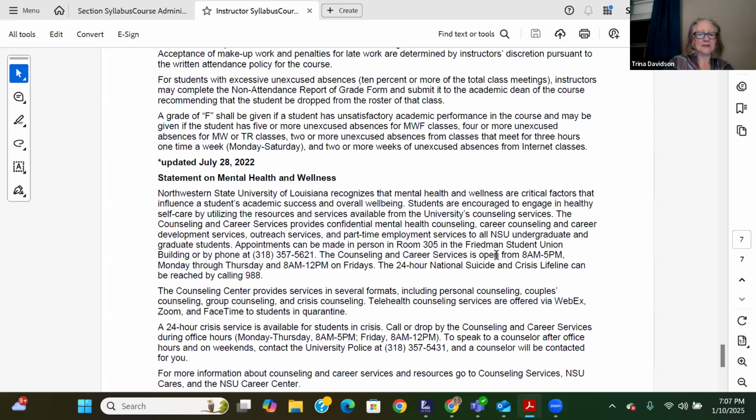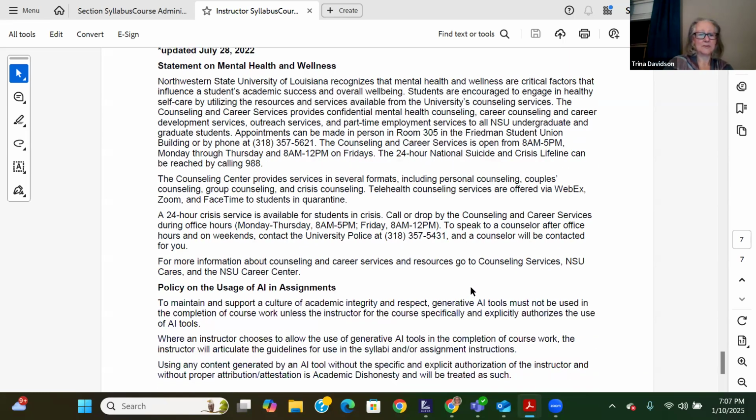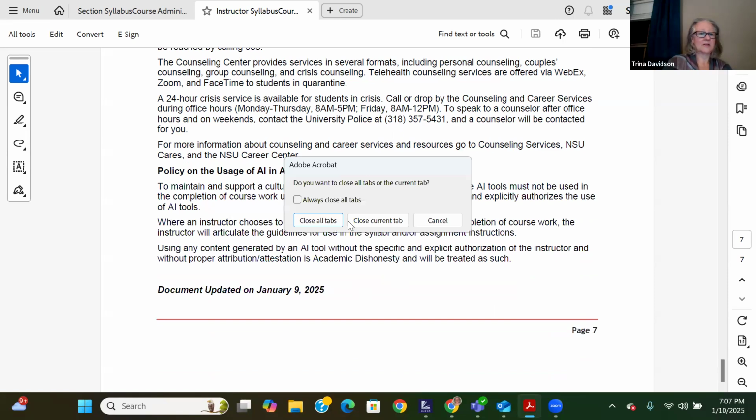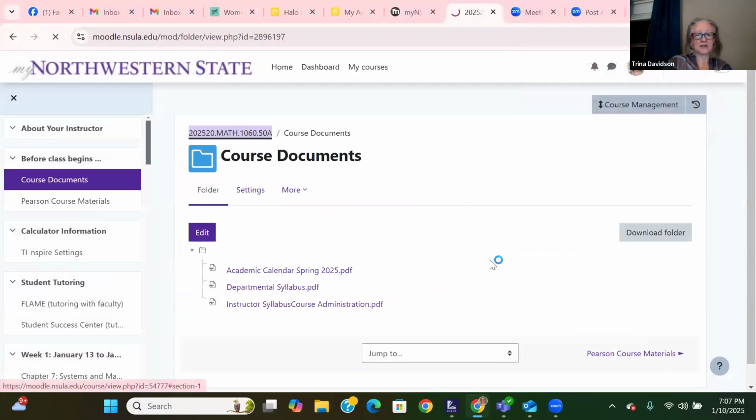If you feel like you're needing mental health services or you're just struggling, there's lots of information here. You can get with anybody and we can refer you to somebody. And there's a new section on AI that you can read about. Let's close all tabs. All right, so let's look at the course.